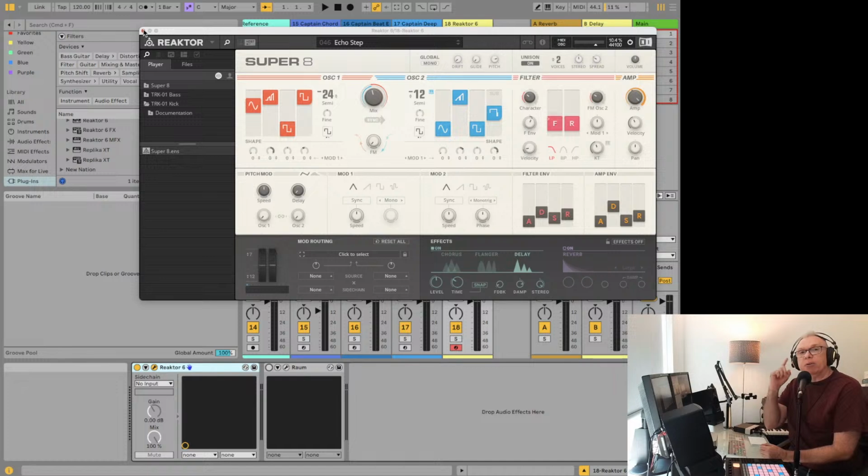I understand the reasoning behind it was that Reason never crashed. Even now, Reason very rarely crashes, but they wanted everything built in. But without the external plugins, you didn't have access to those. So because I was using Reason exclusively around then,